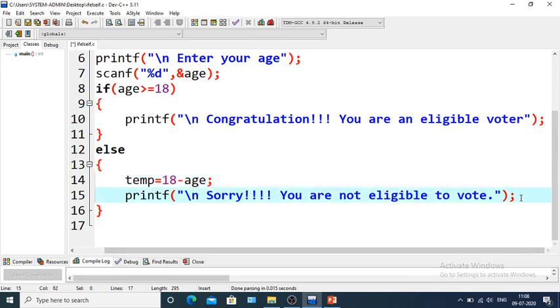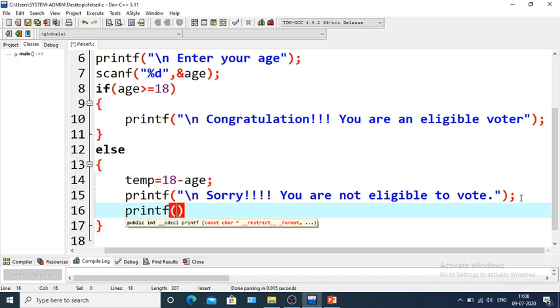Okay. Again printf: you have to wait for another %d years. Okay, this is the thing.